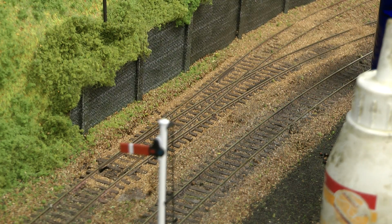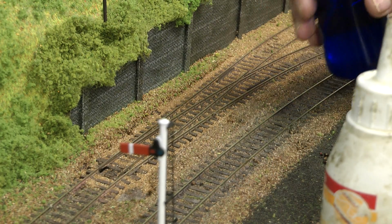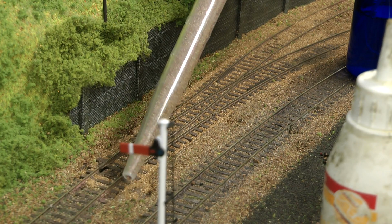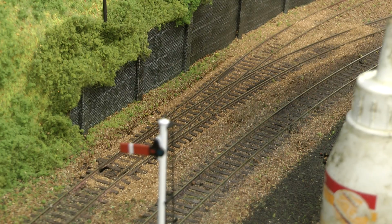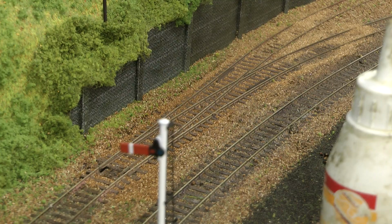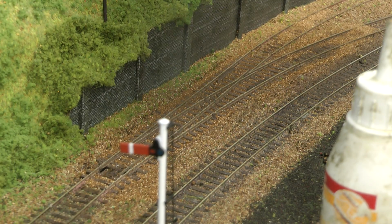Now the most important thing is to have a fine spray. You must water the ballast, otherwise once you put the Copydex on, it'll move the ballast. So this is a very fine mist that I'm holding about 18 inches above the rail, and liberally